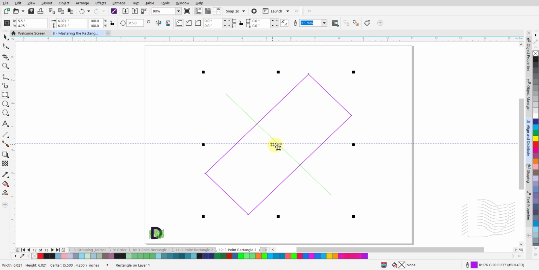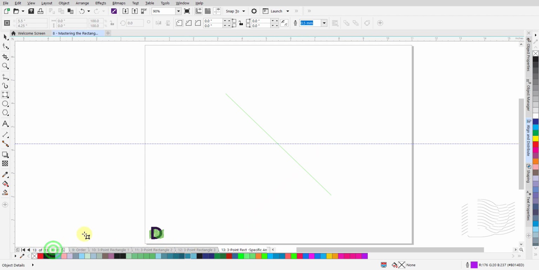With the green line present for a visual confirmation, you can see that the rectangle is, in fact, drawn keeping the green line in the center. To draw a square at a 45-degree angle, centered around this line, pick a start point somewhere on this green line and left-click and hold the mouse button. Press and hold down the Control key and move the mouse to draw the line at a 45-degree angle.